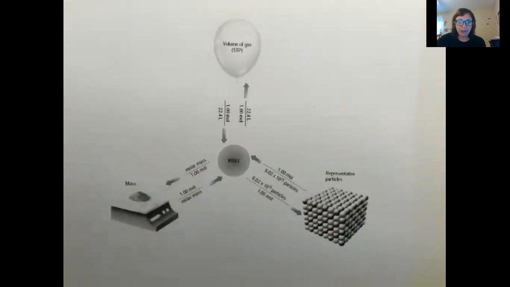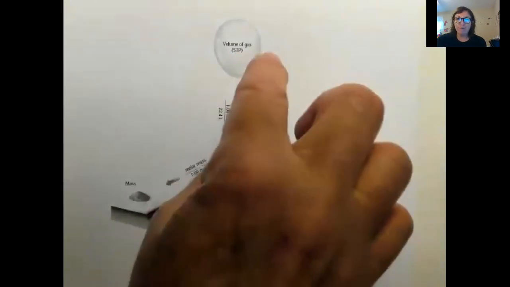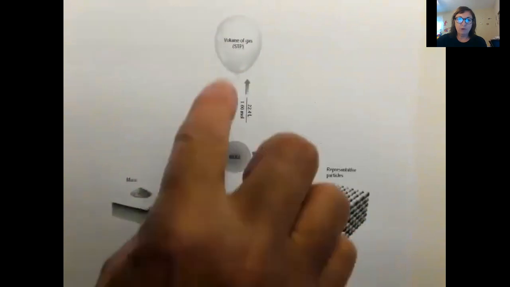Pause me right now and draw this mole map. Okay, perfect. So now what we're going to do, we're going to go from moles to volume and volume to